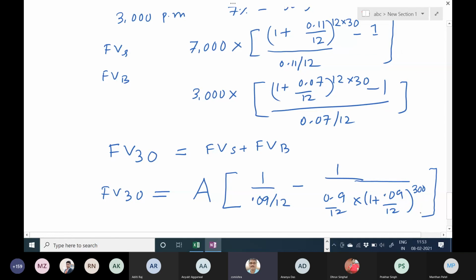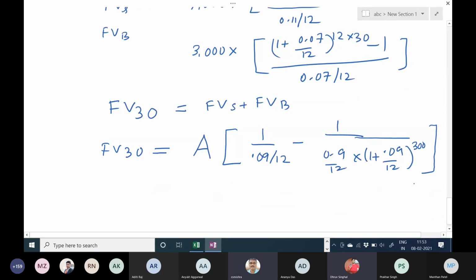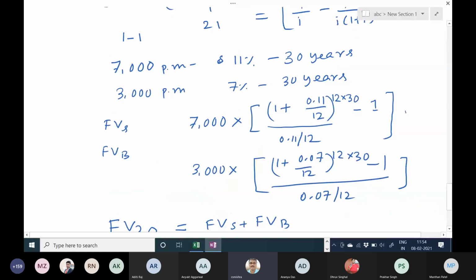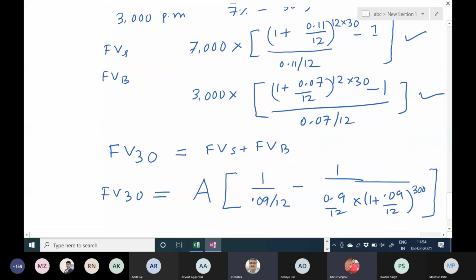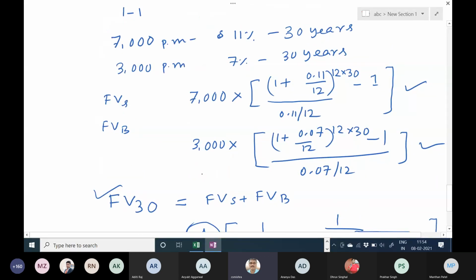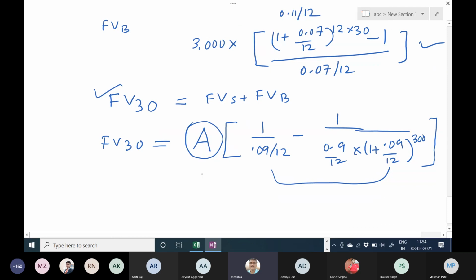Okay. Now solve for A. So what is A? You solve for it. You can get this value, then you can get this value. And this is it. Once you know this one, you can find out the amount. Should I do it again? No, you can find it out. You can use the calculator to get the value. I just gave you the framework. Usually you should be able to do it. Correct?